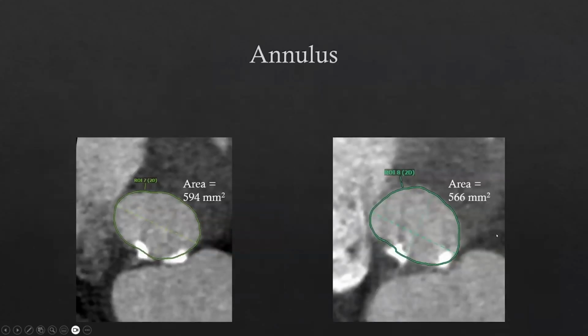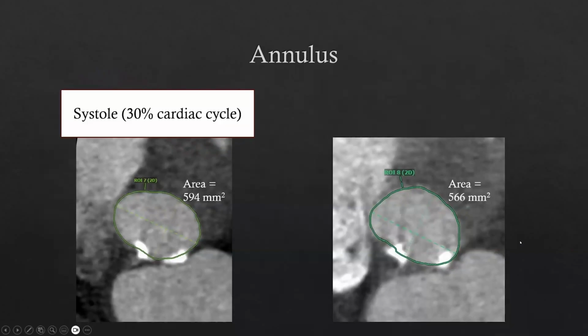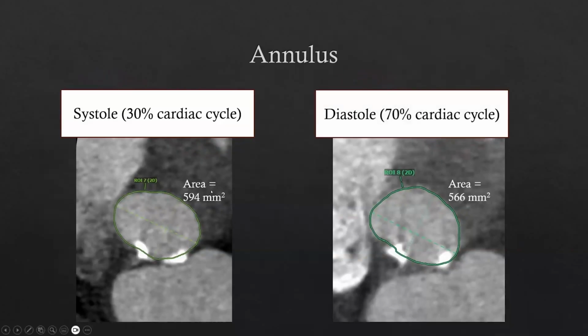Regarding the annulus, this is probably the most important part of the evaluation for TAVR valve choice in terms of the area, the size. So I spoke before about imaging in systole, and we do this because typically the annulus is larger in systole. You can see here versus diastole, and it's not a large difference, but sometimes it can be significant. And if you incorrectly measure in diastole, you can result in TAVR undersizing, which can lead to paravalvular leak and subsequent repeat intervention.